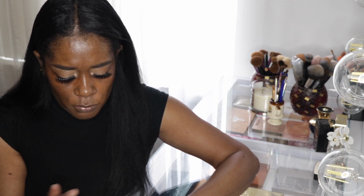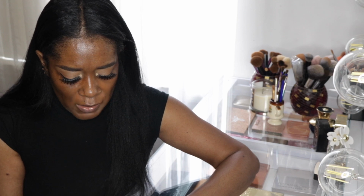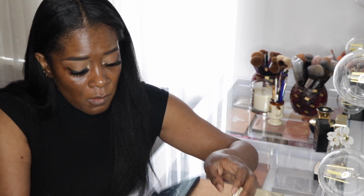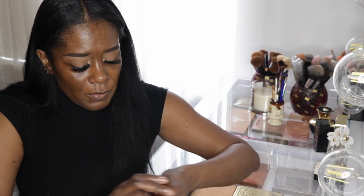So she has P, which is for pink, neutral or olive. She has G, golden or olive undertone, and then she has W, peach or red undertones. And I went with the W because it said warm golden, but here it says peach or red. So I don't know how much you can go on that. So let me